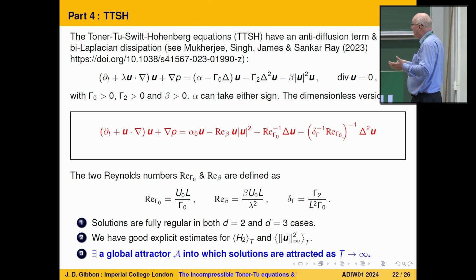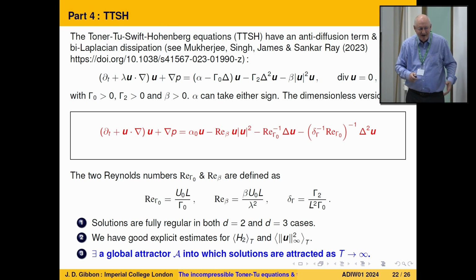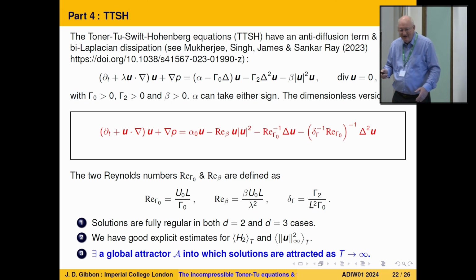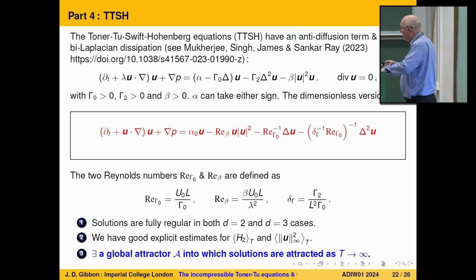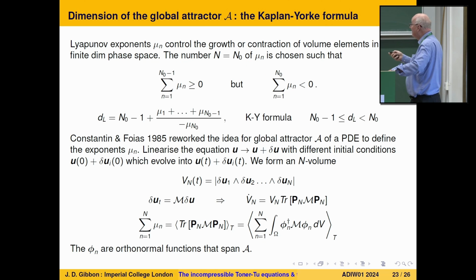And what we have, okay, now I don't want to go into detail. Toner 2, because it's got this Laplacian term, mathematically everything's nice. There's no problem, you can calculate what you like, everything's regular, whatever averages you want, you can get. We have good explicit estimates for everything, and there does exist a global attractor into which solutions are attracted. And this is ongoing work. And so, essentially, now,